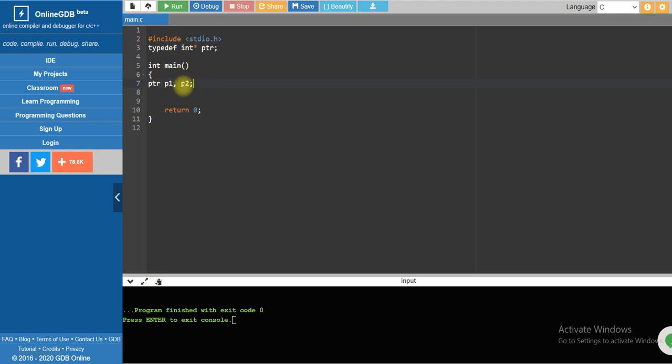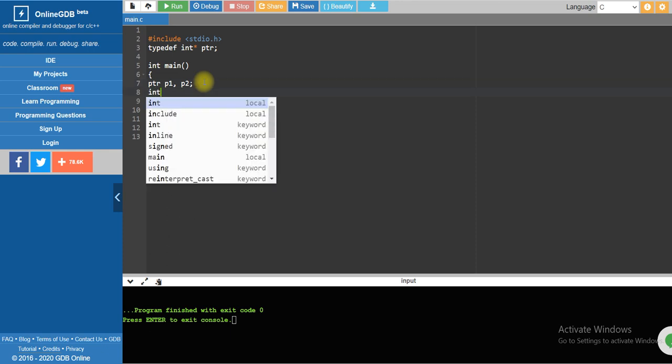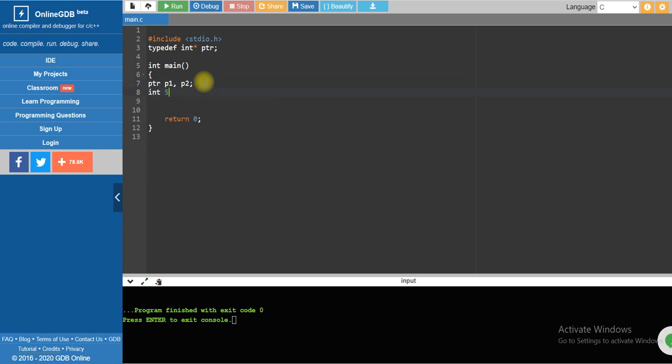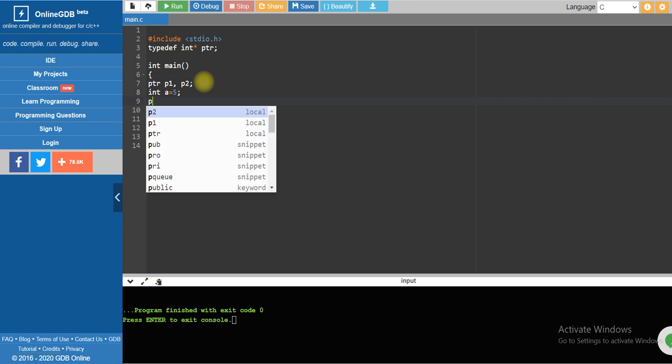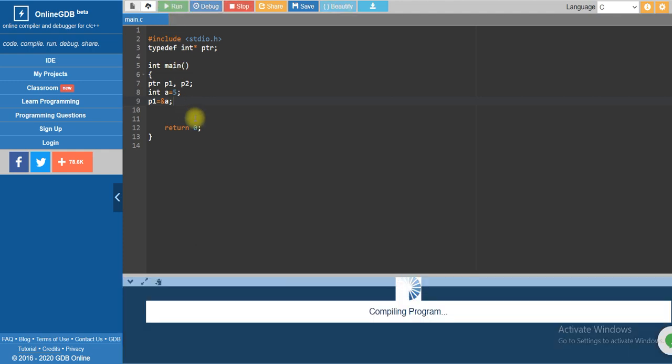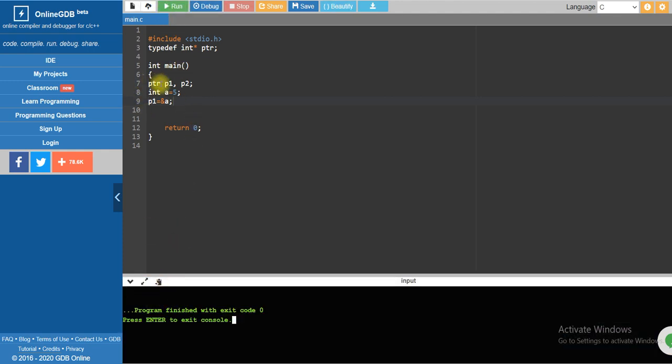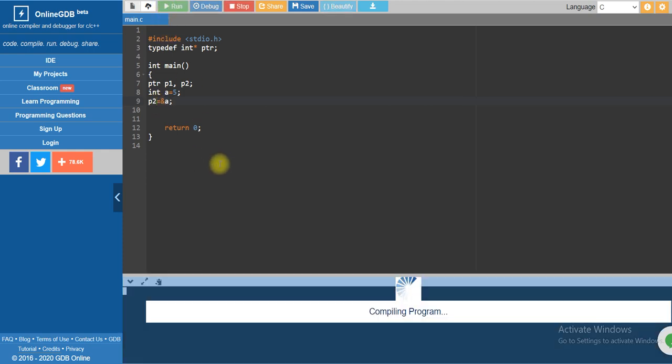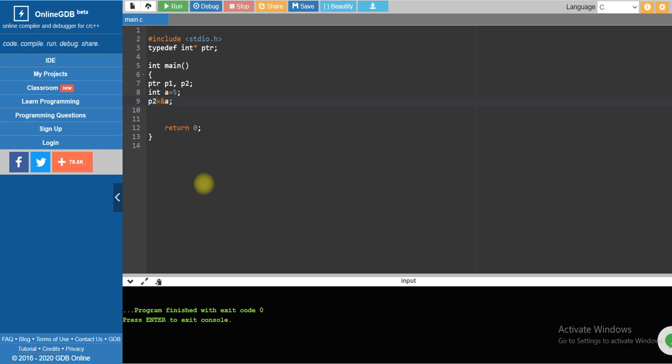Integer type of pointer, and p2 is also an integer type pointer. So int a equal to like 5, right? p1 is a pointer. What type of pointer? Integer type pointer. So I am going to point to the location of a, because a is an integer, so I can easily point to it. There will be no error, as you can see. p2 is also the same type, so there will be no error. Okay, I hope you got it.